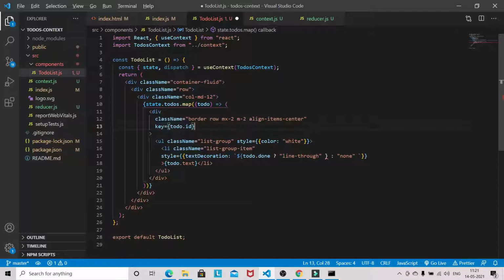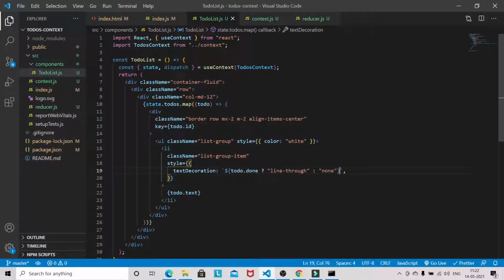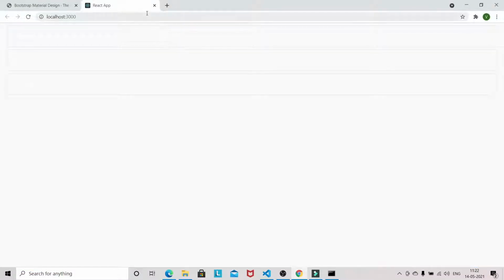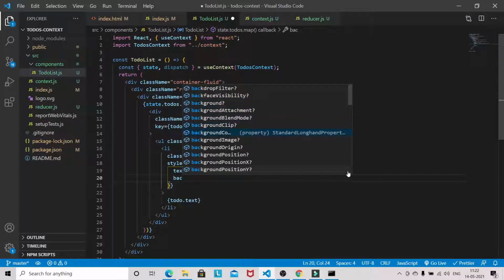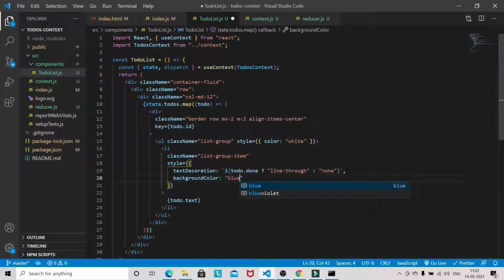So let's see. So we need this here actually. Okay, since the background is now white here, we need to make it blue here. So background color blue.